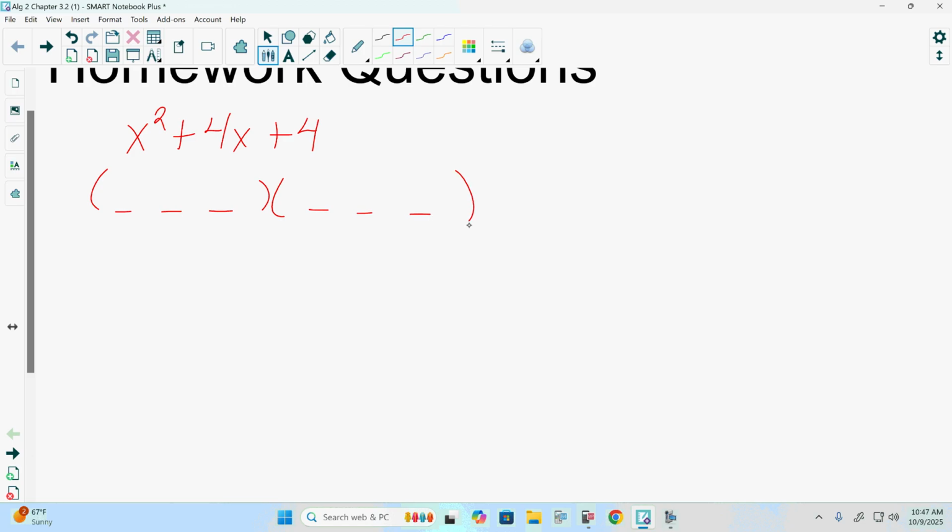The third term is positive, so the signs are the same and match the sign of the middle term, so plus and plus. Our factors of x squared are x and x. The factors of 4 are 1 and 4 or 2 and 2. Here, it is going to be 2 and 2. If we check it, x times 2 is 2x, and 2 times x is also positive 2x, giving us 4x. So that works. But if you notice, both of the factors here are x plus 2. So really, we could say that this is x plus 2